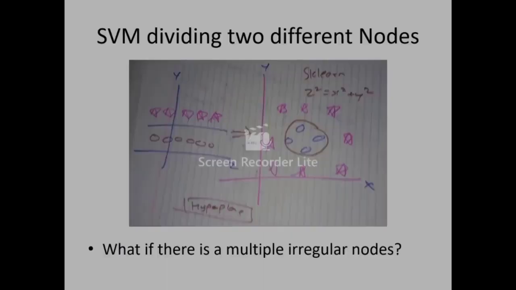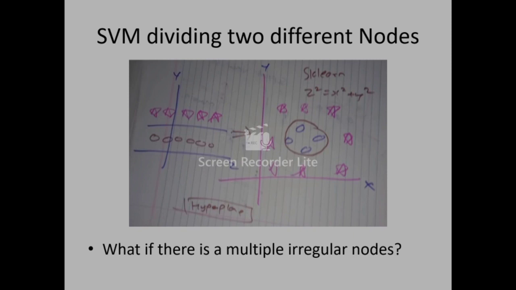What if we have different inputs in different areas? In this case, we use another formula also, that is z squared equals x squared plus y squared. This brings out the accuracy between the different objects that have been placed in the image.